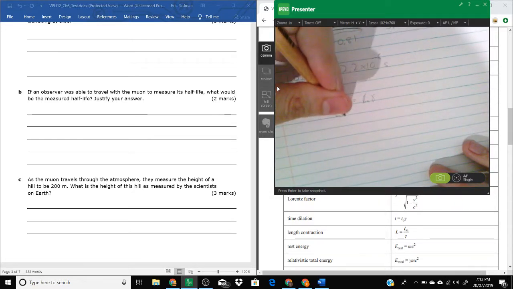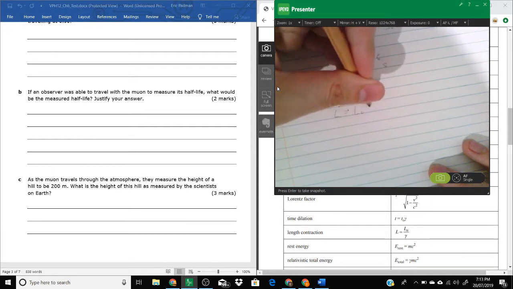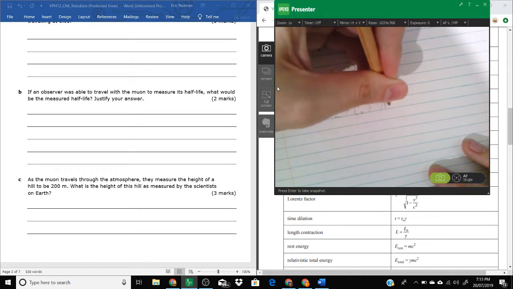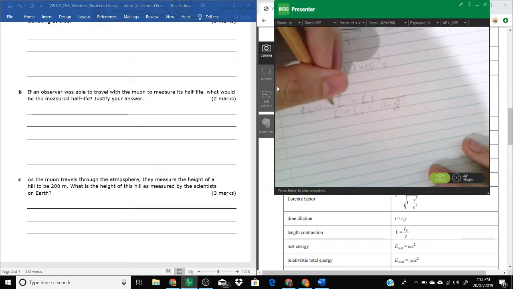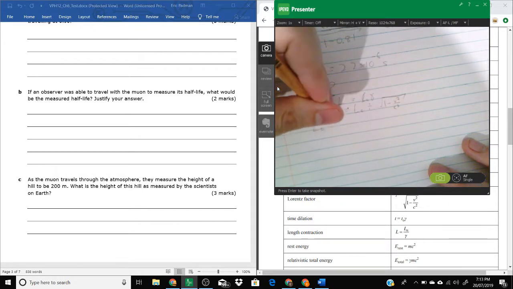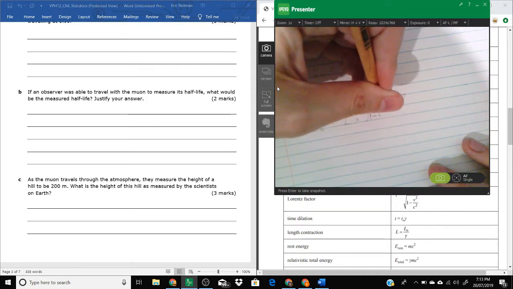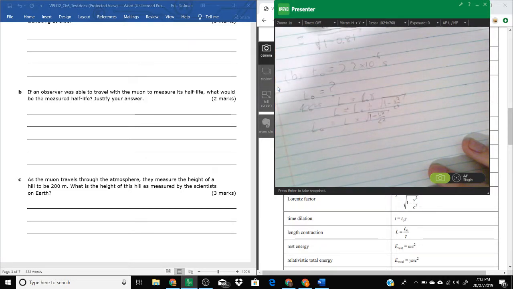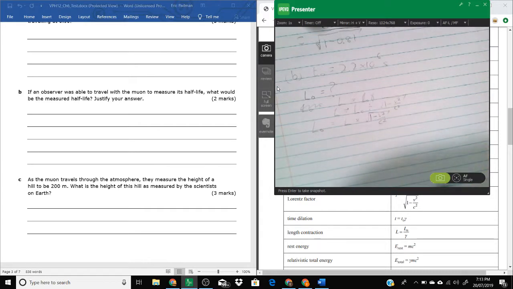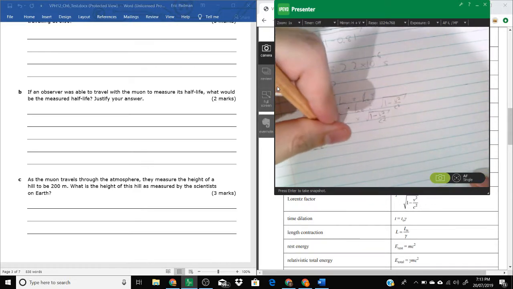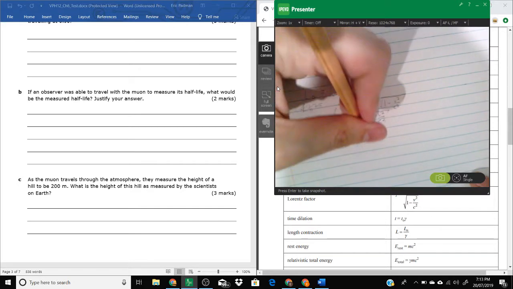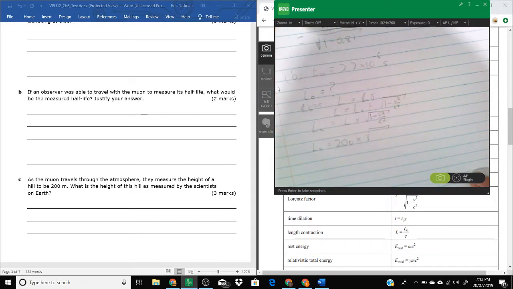So then L equals L naught divided by the square root of 1 minus v squared over c squared. Well, that's times that across. So then L naught equals length times this funny creature. There we go, so we've rearranged that. All right, L naught equals 200 times, well, this all ended up being